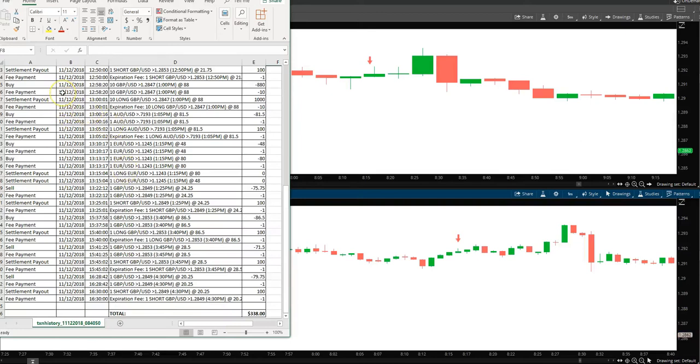It is November 12th of 2018. It's actually Veterans Day, and I expected the markets to be fairly quiet. Actually, they were a little thin in terms of volume, but overall had another really good day. Started the day with a once and done. What this means is that I typically go and try to make my very first trade profitable, and I did